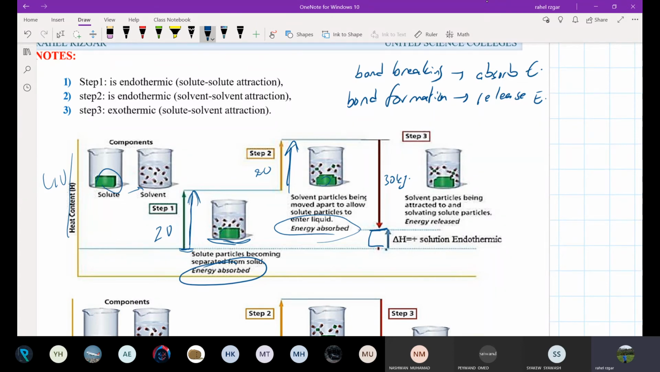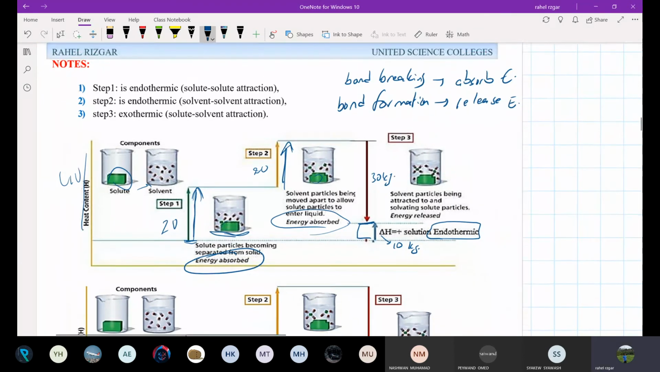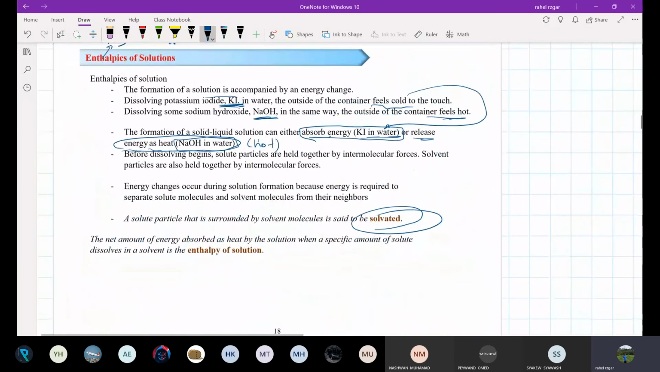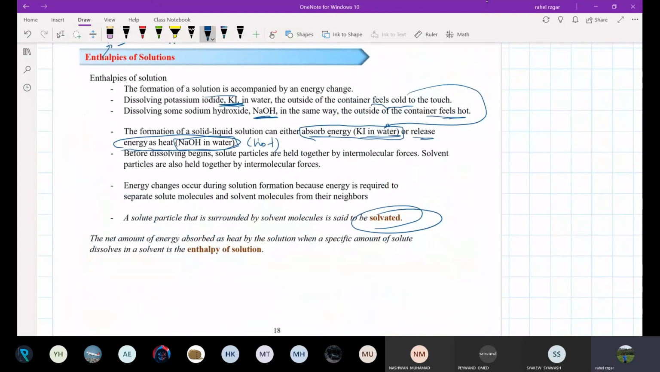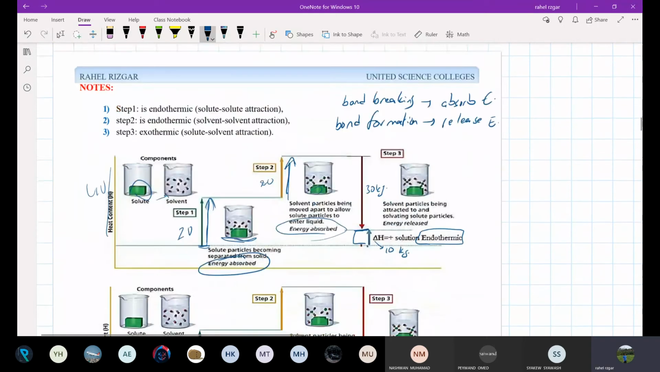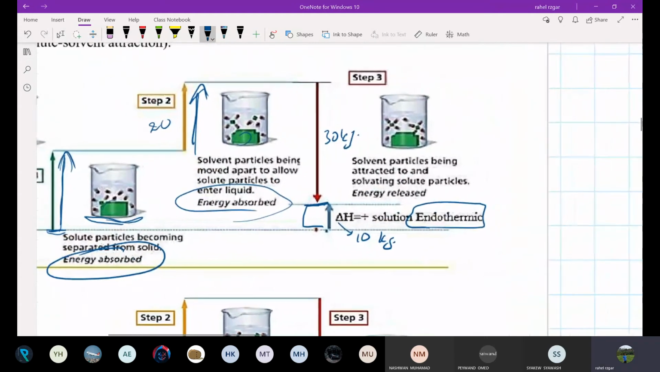For example, in that case, it has absorbed 10 extra kilojoules. We call this solution what? Endothermic. And what do endothermic solutions do? They absorb energy. If they absorb energy, it means that they feel cold. So this one, which is endothermic,